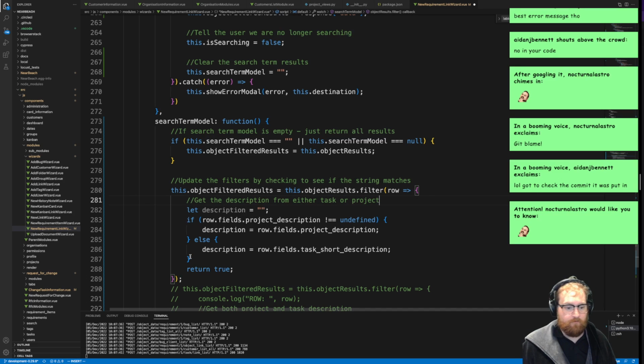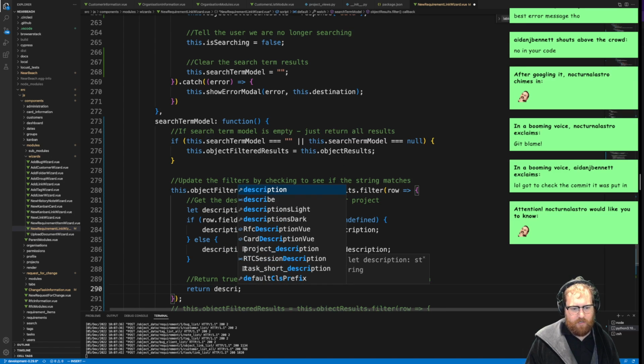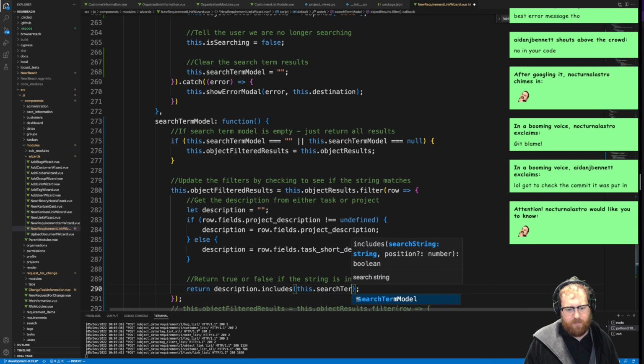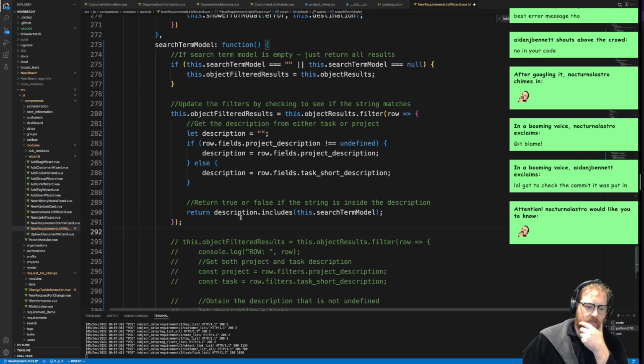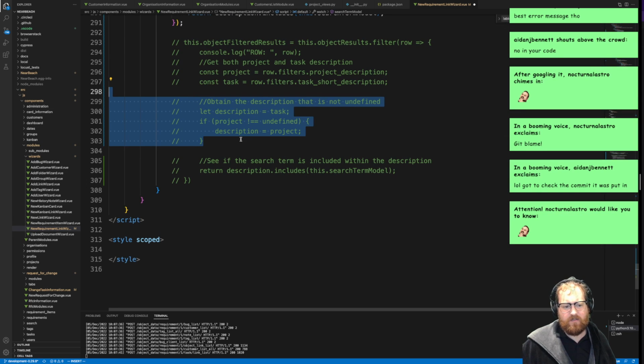Cool. Depending which one's loaded. So that will happen like that. And then what we need to do is return true or false if the string is inside the description. So what we need is, this will be description.includes, and then we need this.search term model. That will give us pretty much the shorthand of that. So not as nice looking as that, but